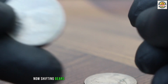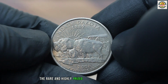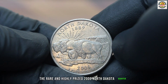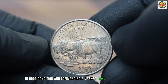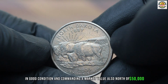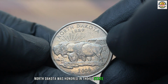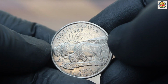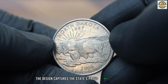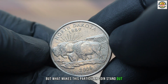Now, shifting gears, let's explore the next coin on today's list, the rare and highly prized 2006 North Dakota quarter with a D mint mark in good condition and commanding a market value also north of $50,000. Like Arkansas, North Dakota was honored in the 50-state quarters program, with its quarter released in 2006. The design captures the state's proud identity and history, but what makes this particular coin stand out is its limited